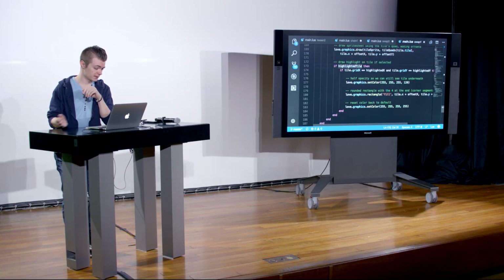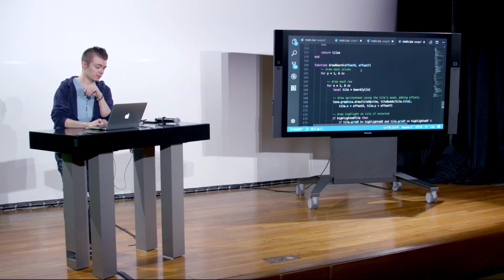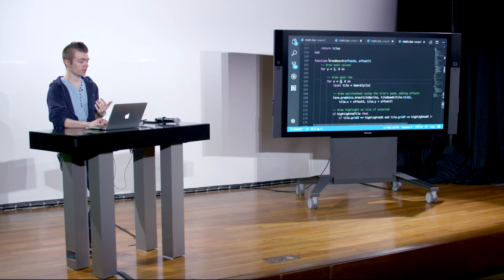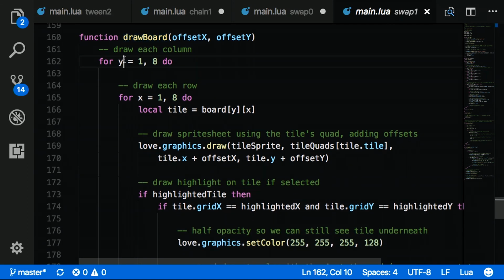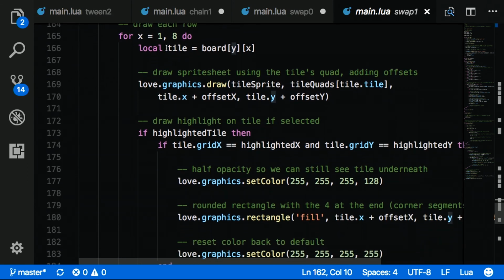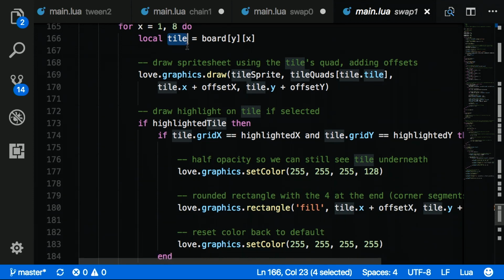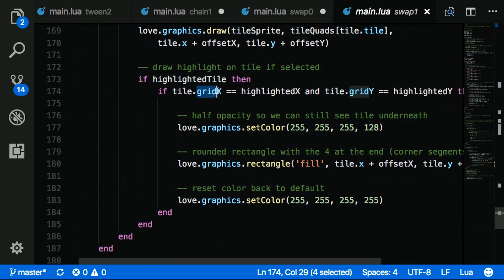I'm going to go down to this part here. So on line 173, if we have a highlighted tile, and basically this is in the middle of a loop, our yx before, we've put it into a drawboard. We have the drawboard function, but the tile is going to be whatever tile we're currently on. And if we do have a highlighted tile, and that tile's grid x, notice we now have a new variable called grid x as opposed to its regular x, so that we can check for these sorts of things to see where it is in the array. If its grid x is equal to whatever we've set highlighted x to, and grid y is equal to highlighted y,